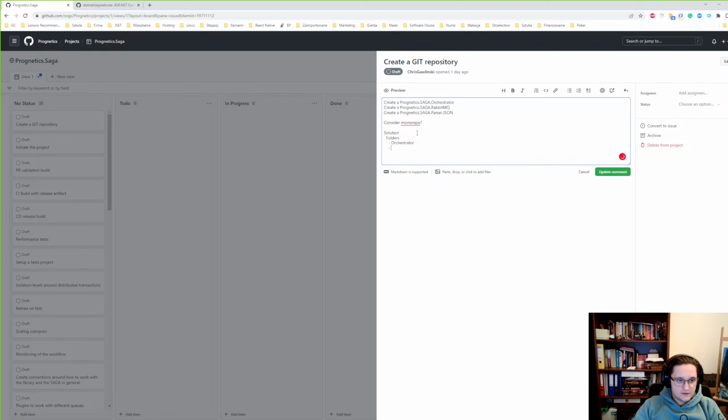So orchestrator, queue integrations, and parsers, and inside the folders I would create the projects. It's annoying that the tab is not working as I would like it to work. And inside this one I would do